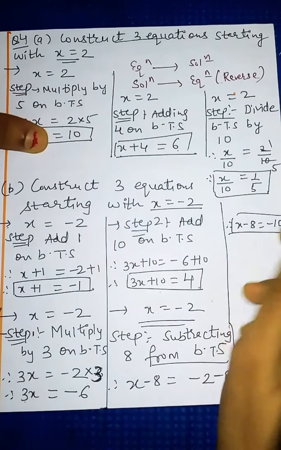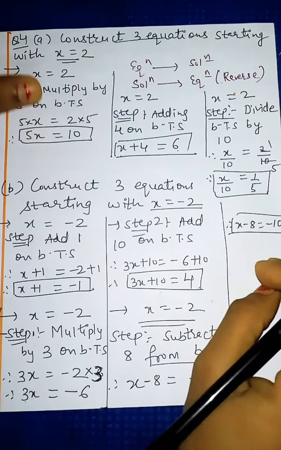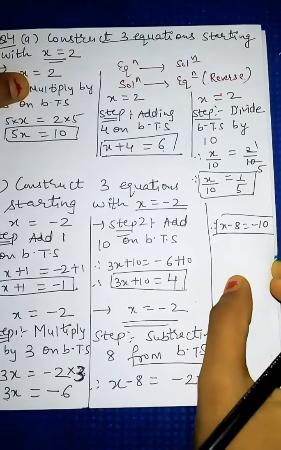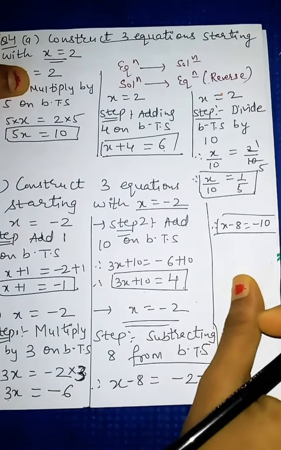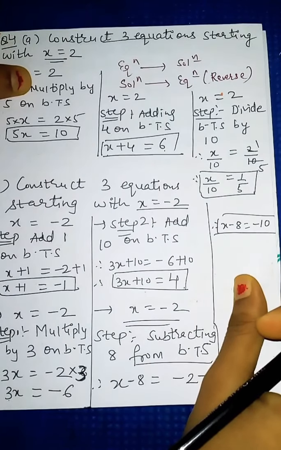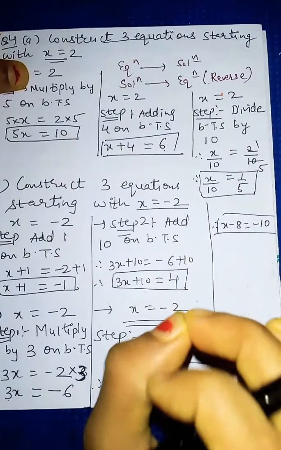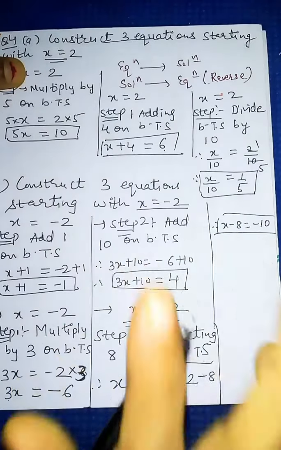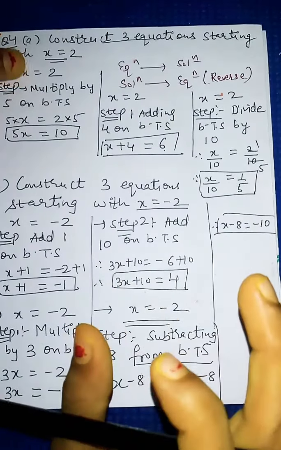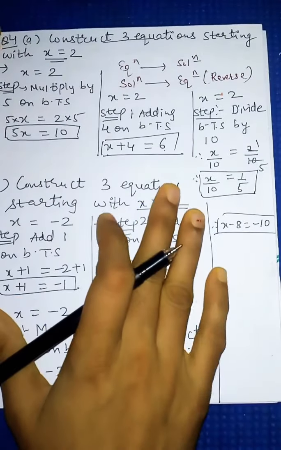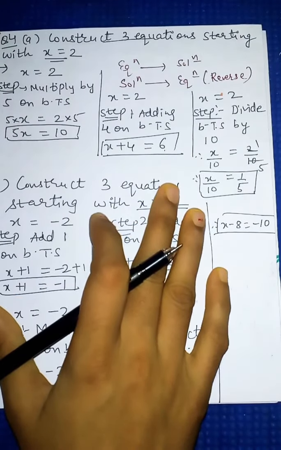Now if you want to take step 2 in this, you can do that also. It totally depends on you. You can choose your own steps and your own number, whatever you want to add, subtract, multiply or divide. But only remember that whatever step you do, that should be done on both the sides, LHS part also and RHS part also. So this was question number 4 of exercise 4.3.